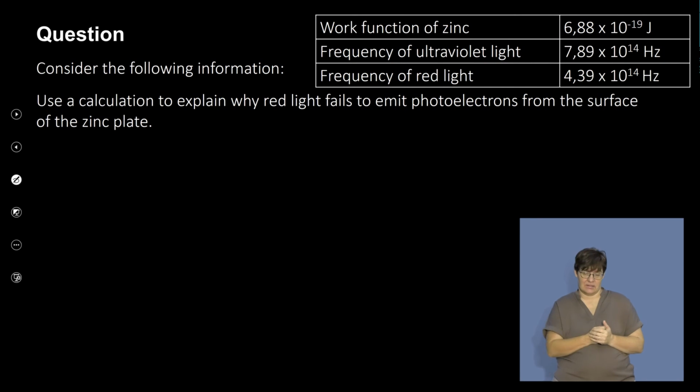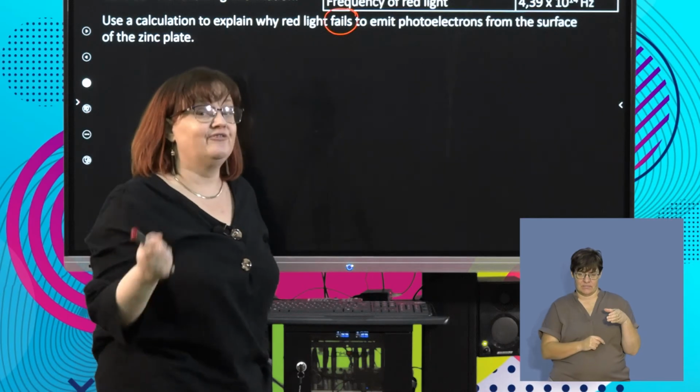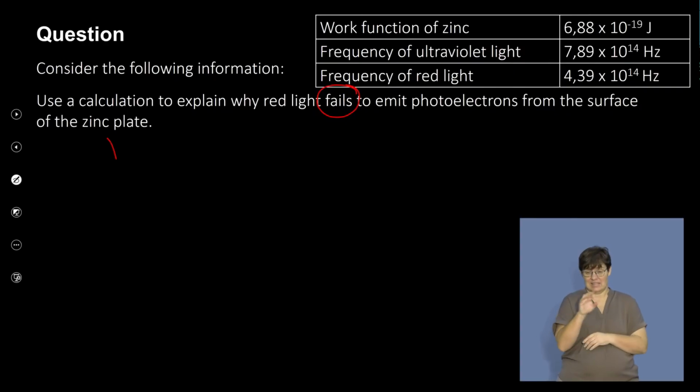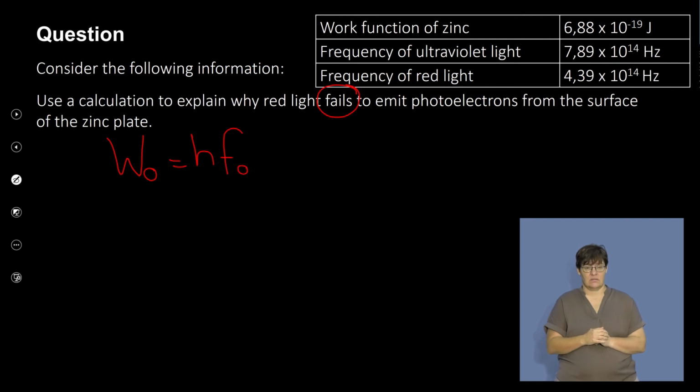Then they say, use a calculation to explain why red light fails to emit photoelectrons from the surface of the zinc plate. We're going to use the work function of the zinc. So my work function is h times f0. They've told me what the work function is, 6,88. What I'm going to do is find the threshold frequency and compare it to red light's frequency. Okay? So we have